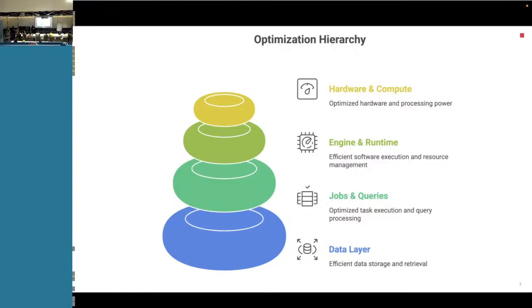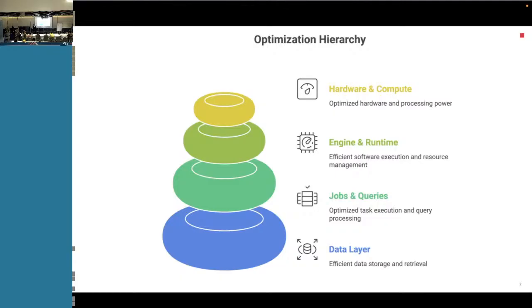Now, this is a framework I came up with for one of the conferences in Austria. In a nutshell, for every job, whether it's Databricks, Spark, whatever, we can optimize the data layer, databases, data sources. Later on, we can optimize the engine. So those three are about optimizing the engine, and this one is about optimizing the data.